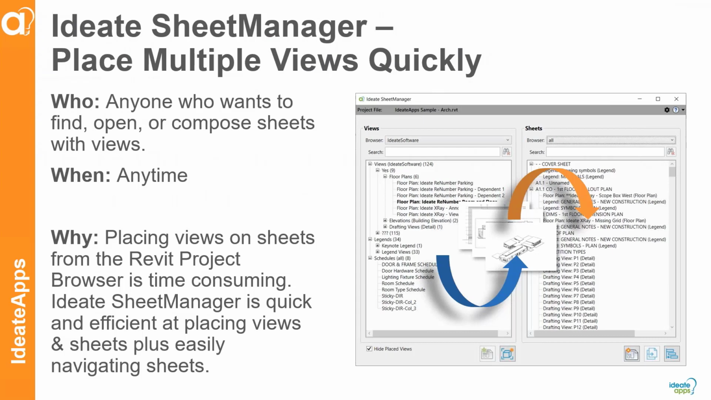So the first solution, or the first tool, is called Ideate Sheet Manager. And I like to think of that as your central traffic cop, basically. Here's where we can, from Ideate Sheet Manager, actually access all of the other tools. We can go to Clone, we can go to Align, we can go to View Creator. And so it's going to give me a nice overview of the individual views that I have, as well as the sheets that I have created. And I'm going to be able to create new sheets and compose those sheets very easily with Ideate